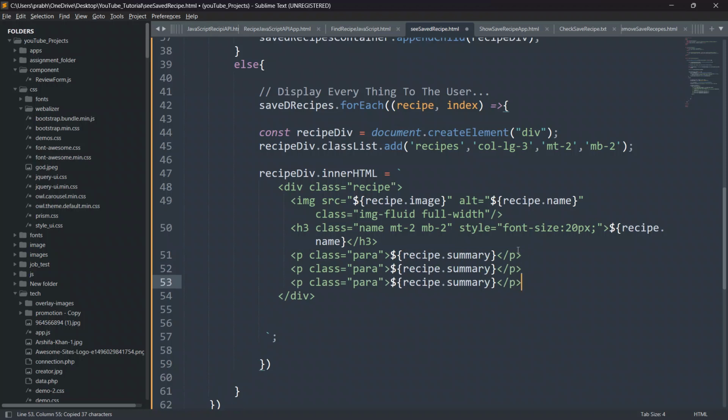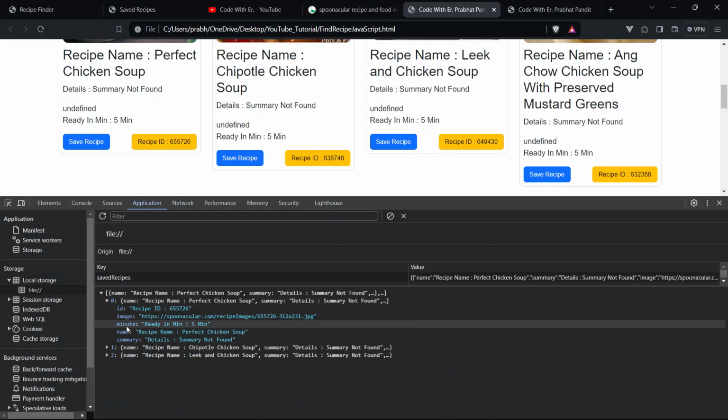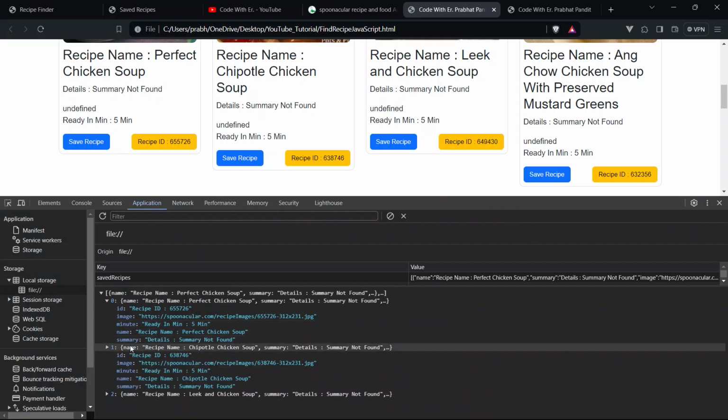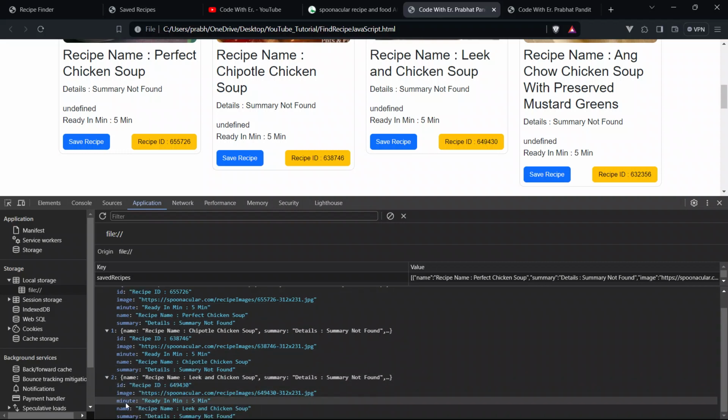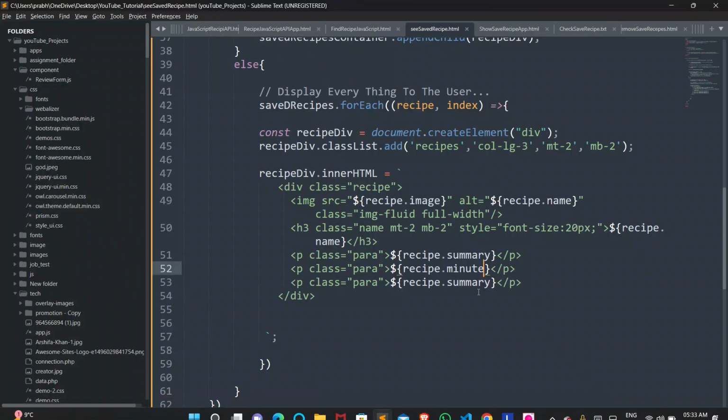So paste it here, that's cool. And I will show here the minute. I'll say here minute. Let me just show you one more time the minute here. See, this is the minute. We are grabbing this minute from every element. So just go here and we'll say recipe.minute, and now we will show